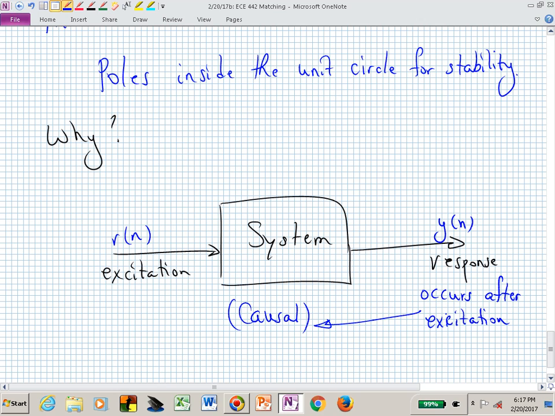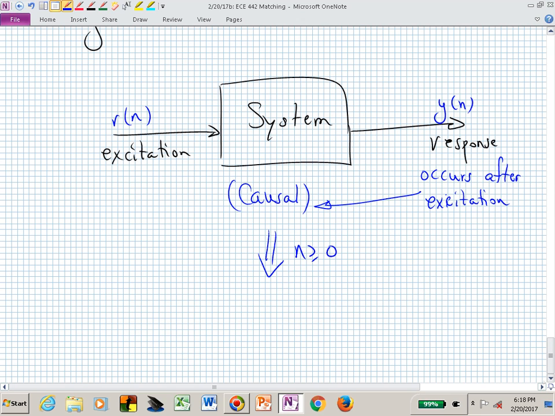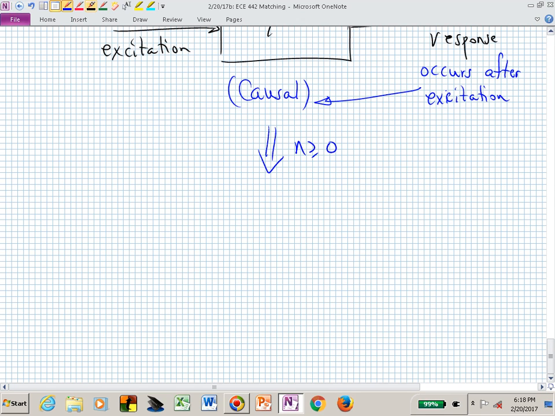Since the response occurs after excitation, this now says for n greater than or equal to 0,